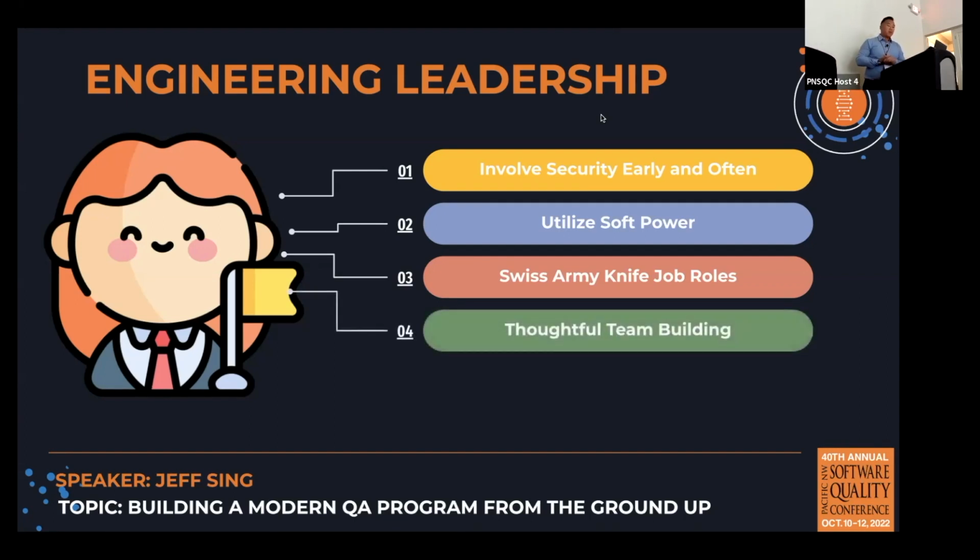Thoughtful team building. If you do all this, you will get that conversation with your boss. Hey, you're doing too much. Let me hire a few people for you. Let's build. Cool, good path. Let's start hiring engineers. You will never get a lot. You will never have enough, but you will get headcount.